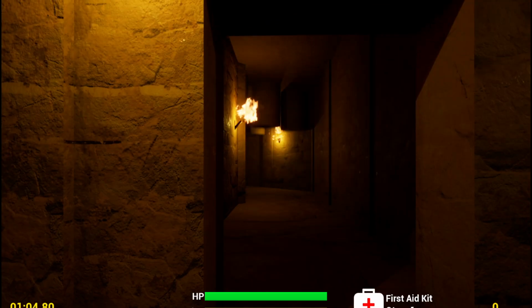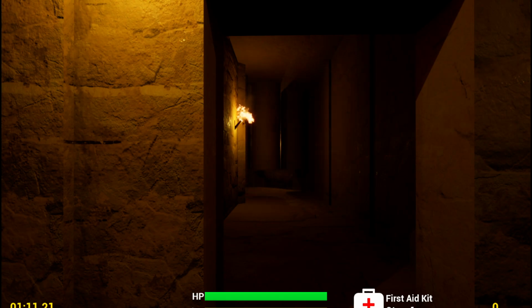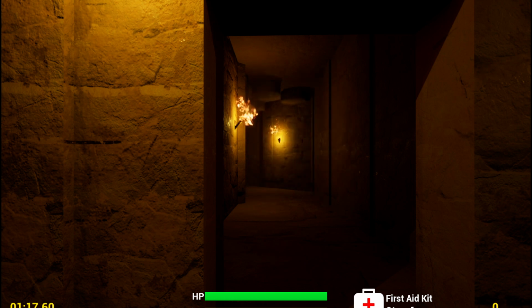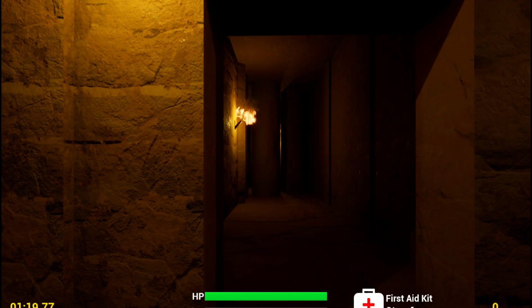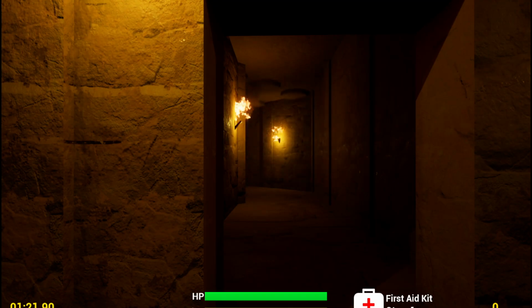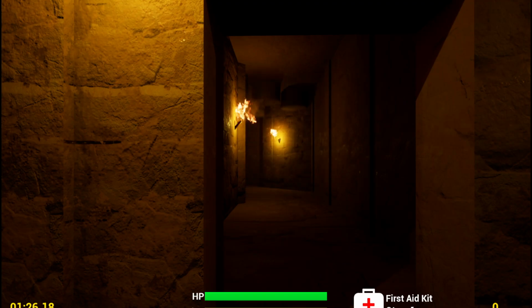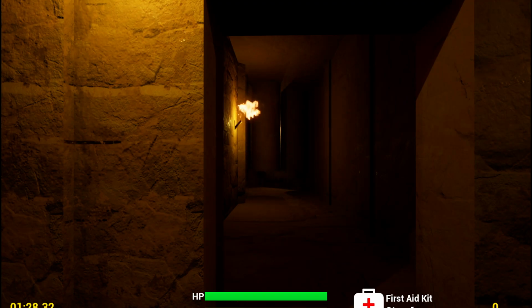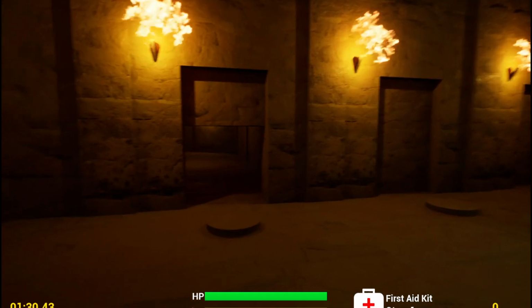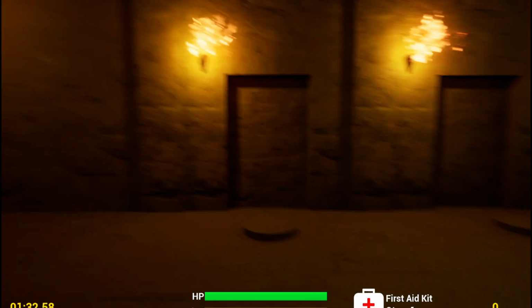So I did all of this. This was quite an interesting project because we were given a template and we weren't allowed to use external assets. We literally had to use everything in the engine, and I wanted to make this Egyptian gauntlet runner, a chamber littered with traps, and it's more an agility thing. I will show you this because I really enjoyed making it.